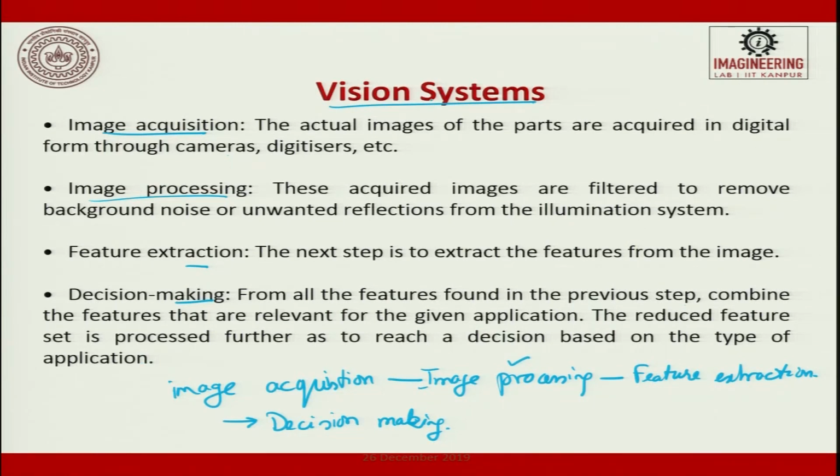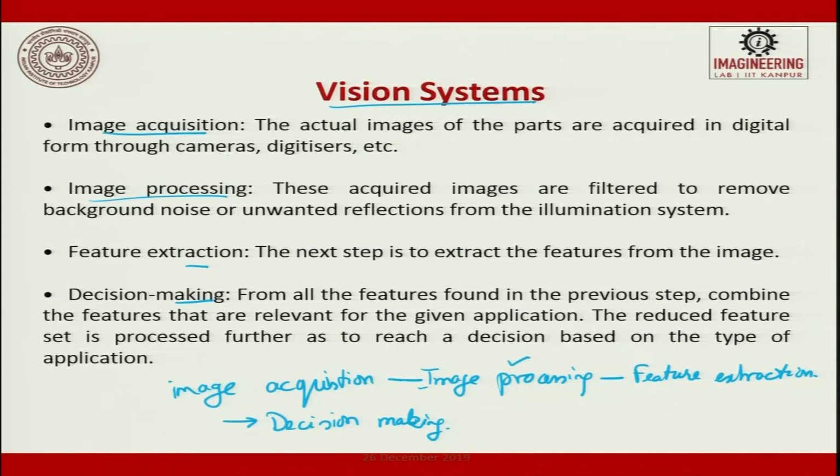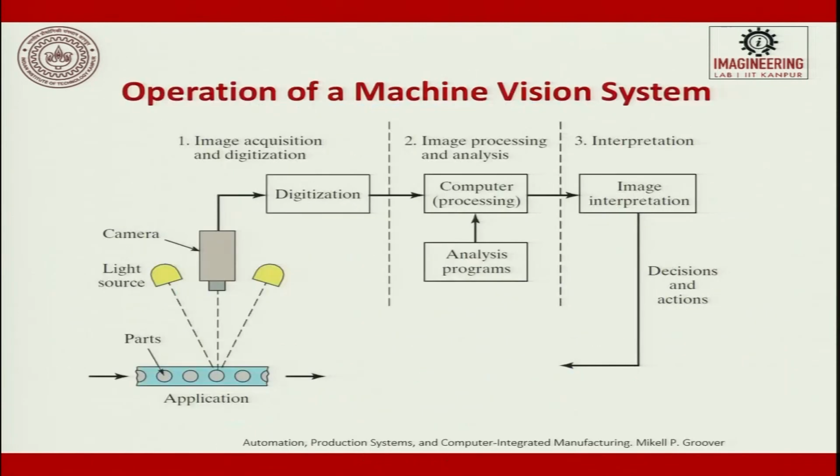Vision based systems are today playing a very important role. When we are talking about non-contact reverse engineering, today there are a lot of systems which work on imaging techniques. Acquisition of the image depends on the camera. Suppose the camera is not of high quality; then even if all the rest of the software is of very good quality, it does not suffice. So, the hardware has to be compatible with the software. In the software, first you do processing, then feature extraction, and the last one is decision making on the extracted features. This is the operation of a machine vision system, and this is what happens in the acquisition.